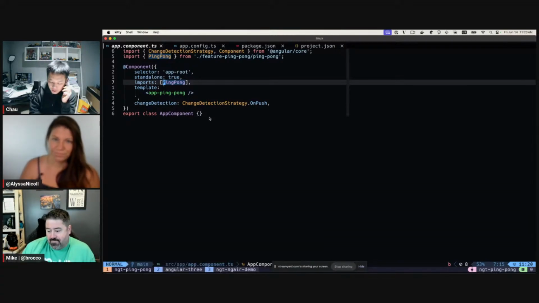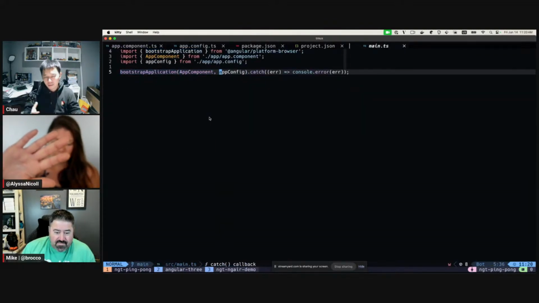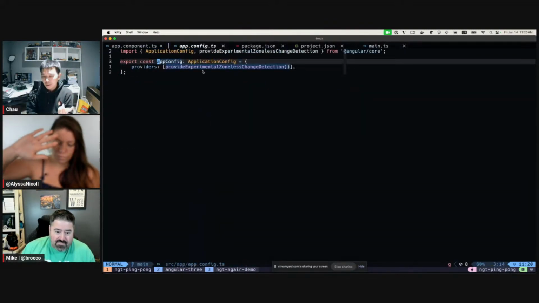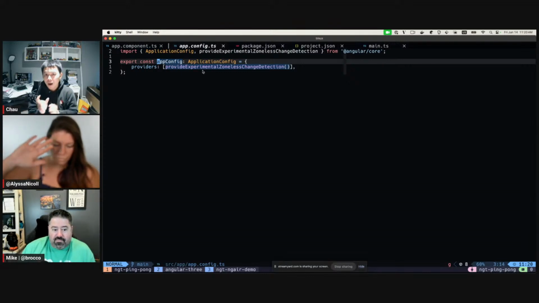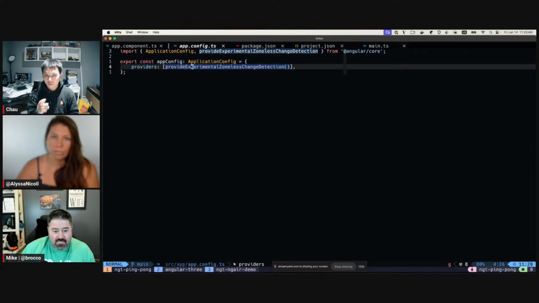Yeah. So here's the thing. It's multi-step. When you enable this, and if you still have the polyfills to zone.js in your angular.json or in your main.ts with import zone.js, then this provider is going to give a warning when you first run your app saying you're running in experimental zoneless, but you still have polyfills to zone.js. So that's a warning.